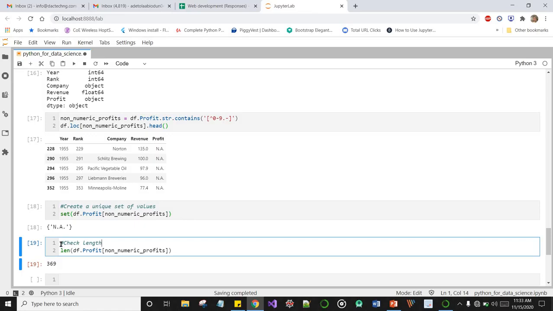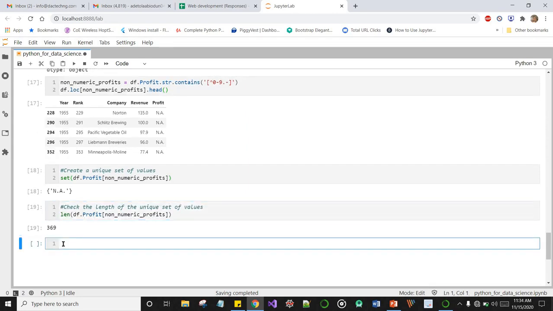So, check the length of the unique set of values. Okay, so we've done that.